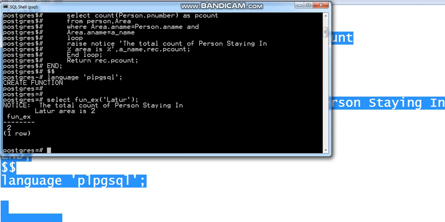Here you can see the total count of persons staying in Latur area is 2. Percent for Latur and percent for 2. You are getting this?